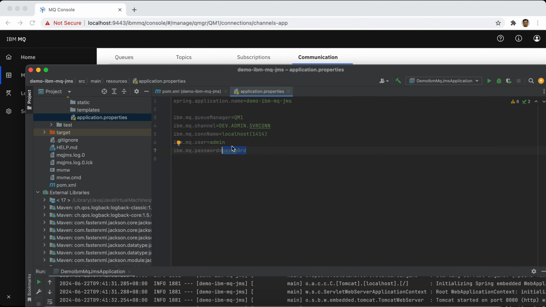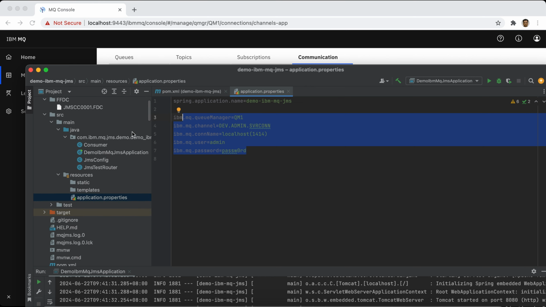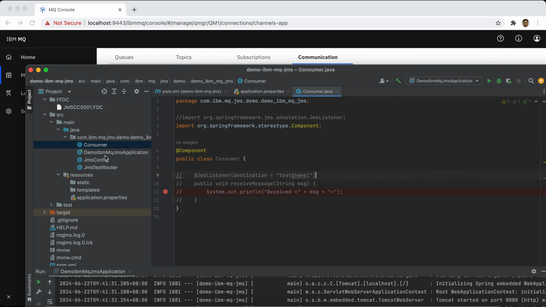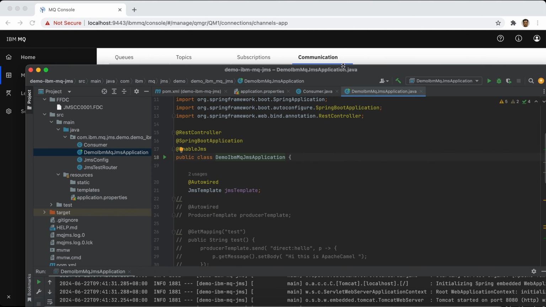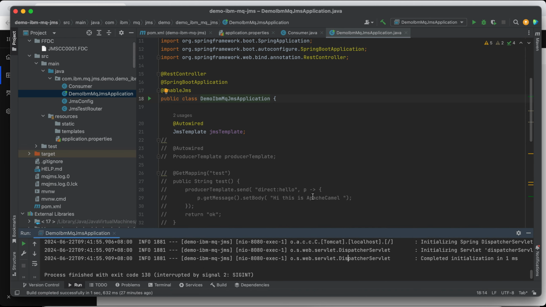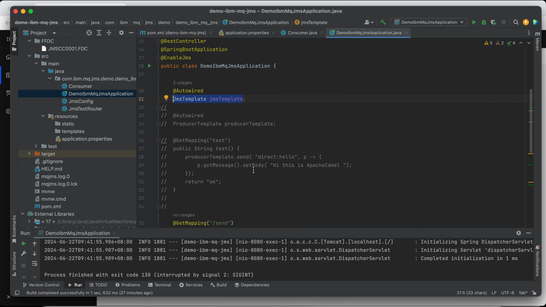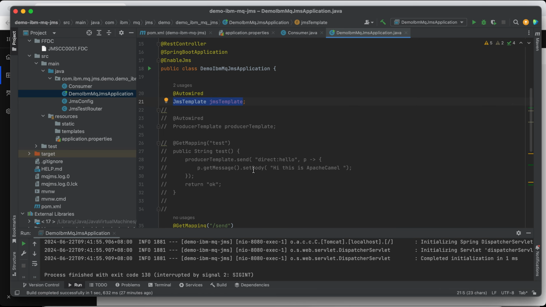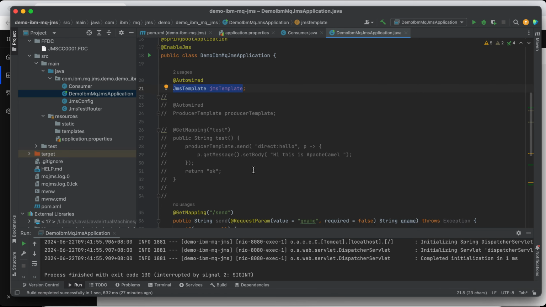After configuring our IBM MQ, we can basically send messages already to our broker using JMS template. As I showed in my previous tutorial, we use JMS template to send and receive messages to our IBM MQ, right?